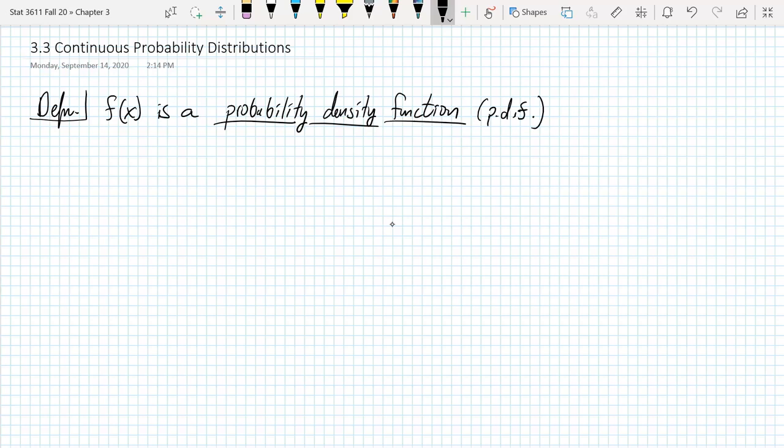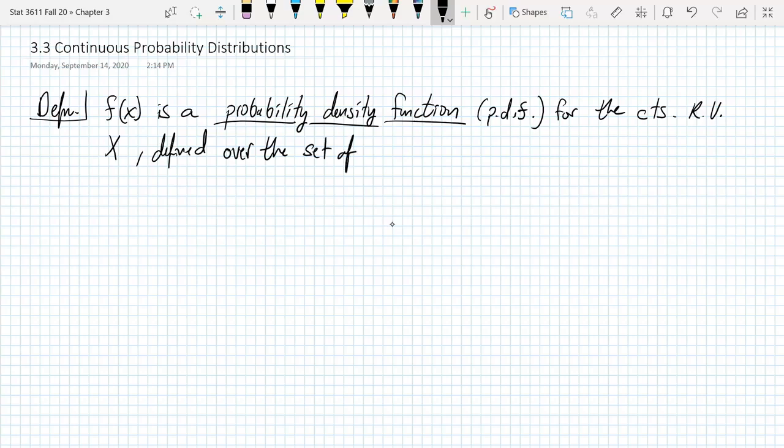So, little f of x is a probability density function for the continuous random variable, capital X, defined over the set of real numbers, if